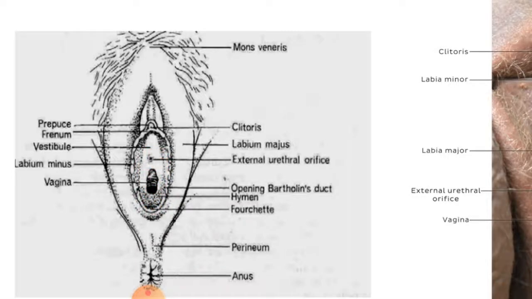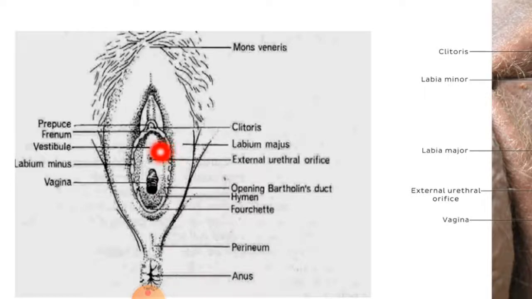Once again, we are talking about the labia minora, and we have said that the labia minora is basically composed of two smaller folds. These are the two smaller folds that are lying just beneath the labia majora, or we can say that these are the smaller folds of skin between the labia majora, and they contain numerous sebaceous and eccrine sweat glands just like the labia majora.